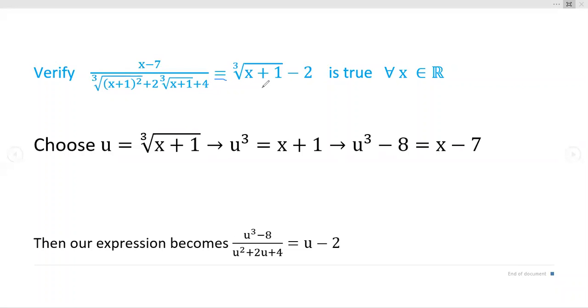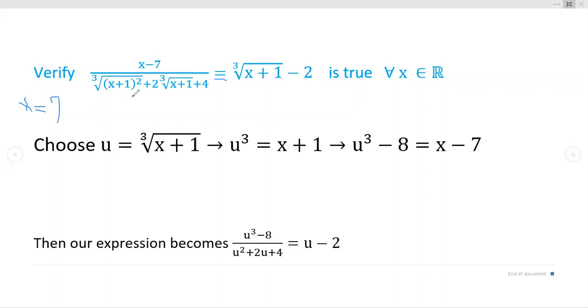Now, we're here to verify that the left-hand side is equal to the right-hand side for all real x. A couple of obvious choices are like when you do x equals 7. Let me just write this off to the left here. If you try x equals 7, remember you always try 1 and you try the ones that are just the easiest to compute. But if you try x equals 7,